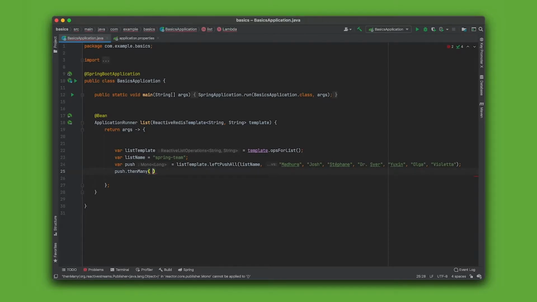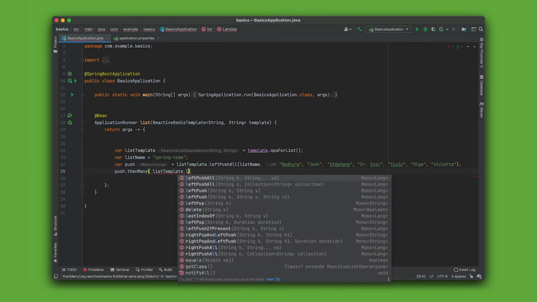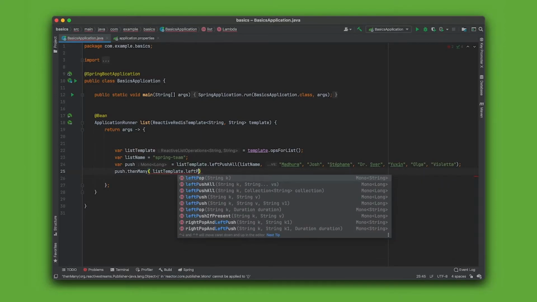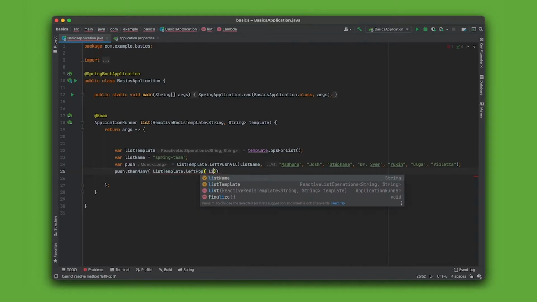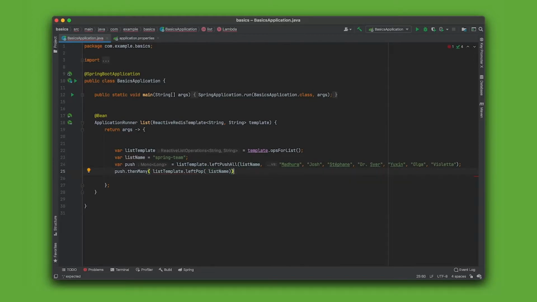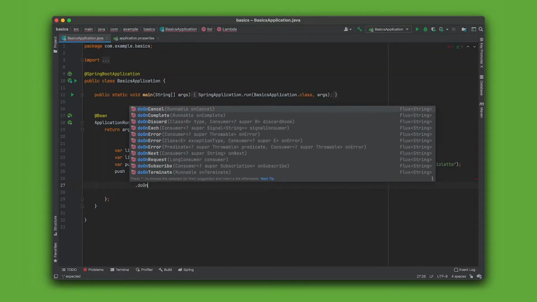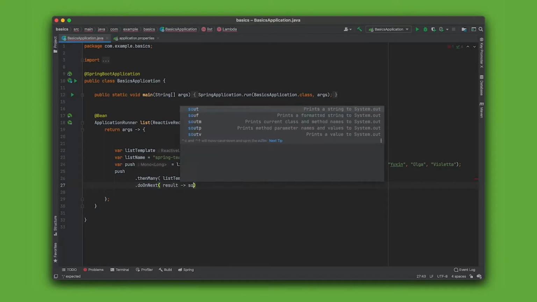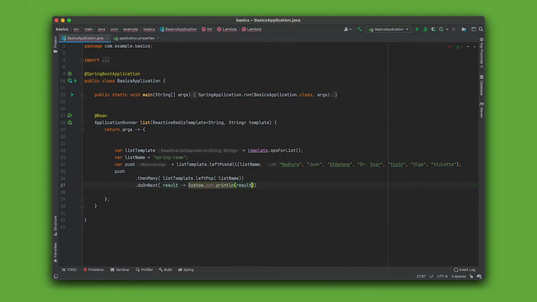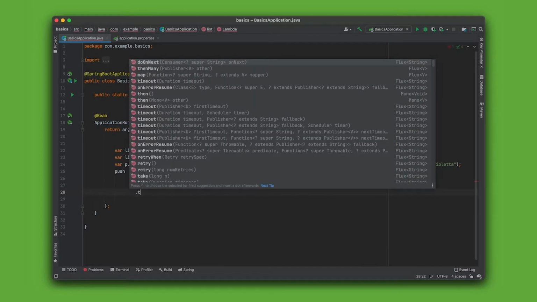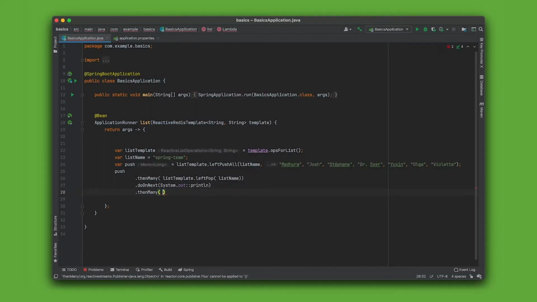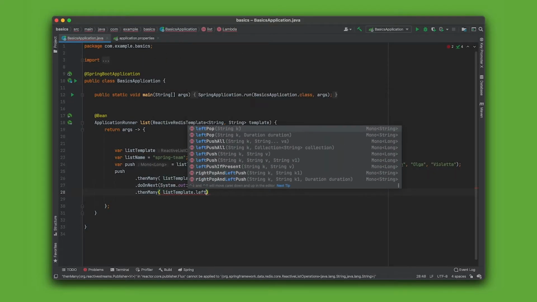I'm going to say listTemplate.leftPop, and I'll give it the list name. And I'm going to log the first thing that comes out. It's going to pop out one value of the list. So I'll say onNext result, and I'll just log it out. Result. All right, and then I'll do a thenMany, and I'll say listTemplate.leftPop again, and